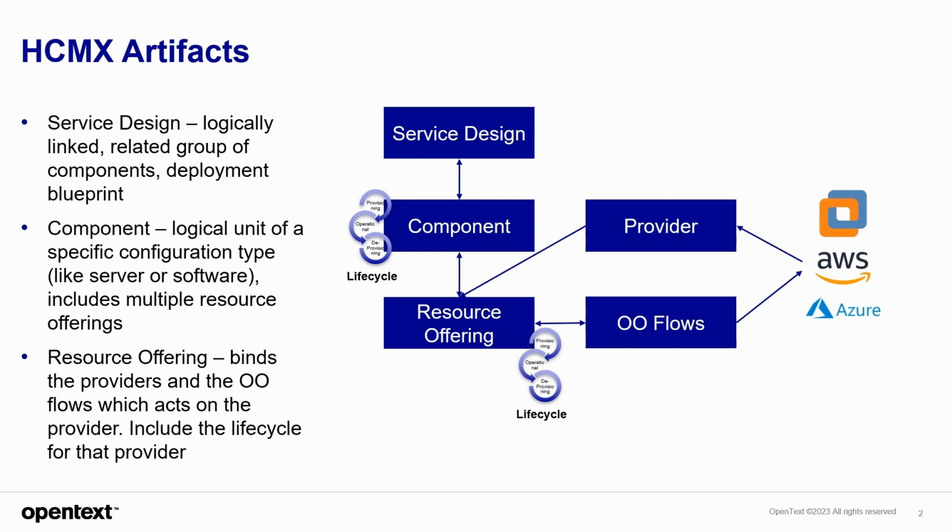So the next important thing is the component itself, right? A component is a logical unit which represents a particular configuration type. For example, maybe a server, or a software, or any other network component or storage component or any other resources, right? That is represented as a component, and each of these components is also a CI